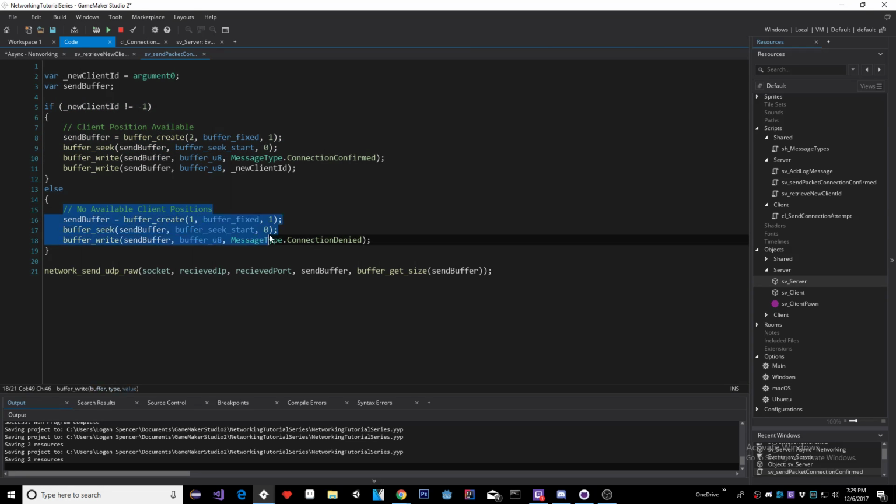If it is equal to -1, it does this. So this is where we construct a message to send back to the client, and we simply send them a message with a single byte that tells them that their connection was denied. Now, had we received a valid client ID, we know there is room available in our server for a